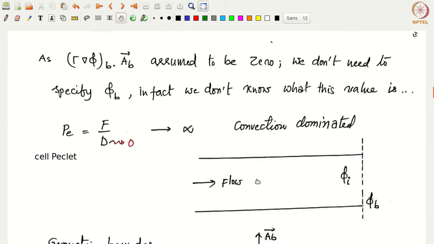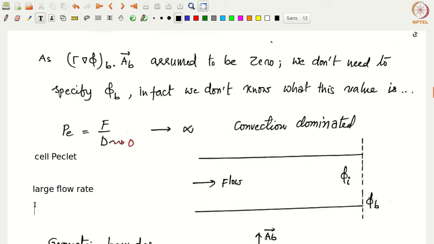That means that, let's say, if you have a flow and this flow rate is quite large, we have a large flow rate, that means the convection is very much dominant. As a result, this phi I that we have, which is the value of phi in the interior, will get convected to the boundary, right? So phi b as a result will take a value of phi I, and phi I would not be affected because of phi b, right? Because of the large flow rate, whatever is happening at the boundary would be dictated by what is happening inside, but not the other way around. So for all these cases where the flow rates are considerably large or significant compared to diffusion, we can assume that the diffusion component is very small.